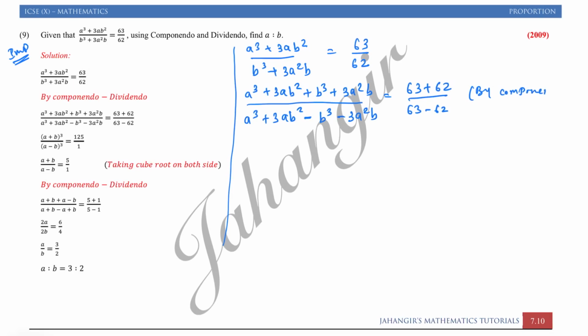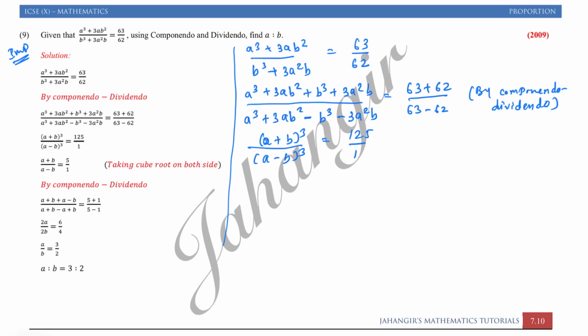You can write this by componendo and dividendo. Writing the reason is compulsory. Numerator will become (a plus b) whole cube. You should know the whole cube identity. Last year in expansion you had done it, and I had explained this identity in exercises twice or thrice, so you should remember it now. Denominator is (a minus b) whole cube, that is equal to 125 upon 1. When you are doing maths, you should know all identities by heart.